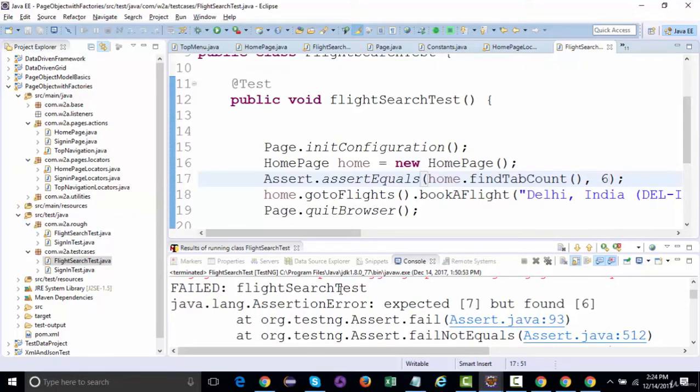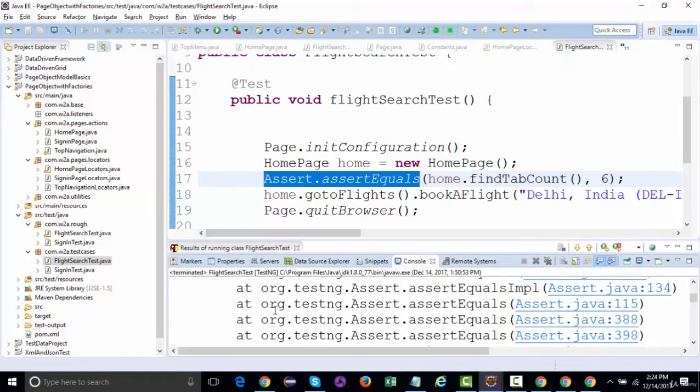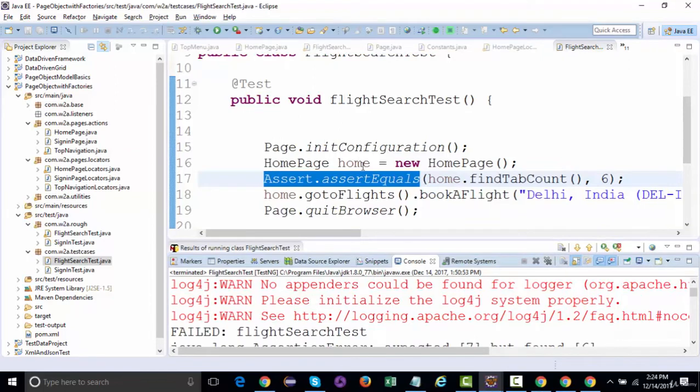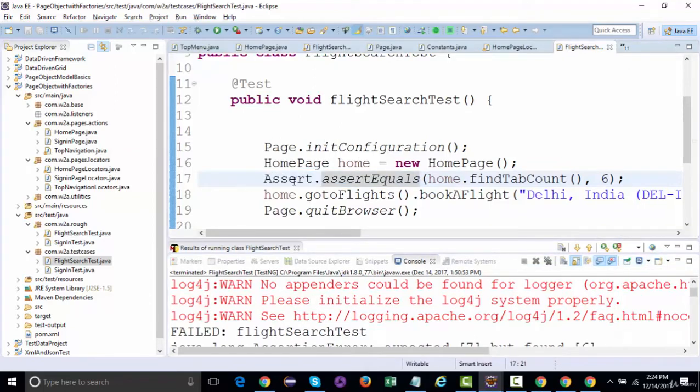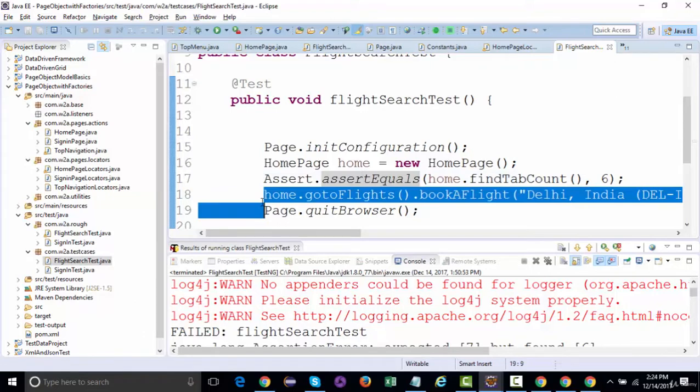Now, if the test fails, you can see that if any assertion fails over here, the test breaks here itself, right? Maybe at times this is not a hard assertion, but a soft assertion. Soft assertions are something where, let's say, we are doing only validations. Let's say we are comparing the title of this page and the title is not matching. If the title is not matching, the test should not stop in between, rather it should execute the further things